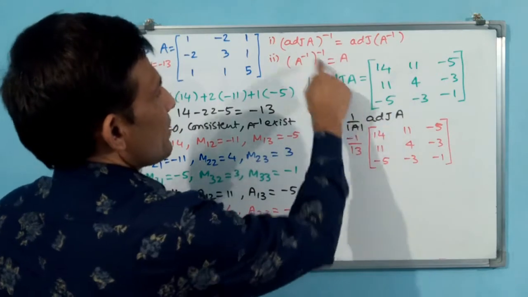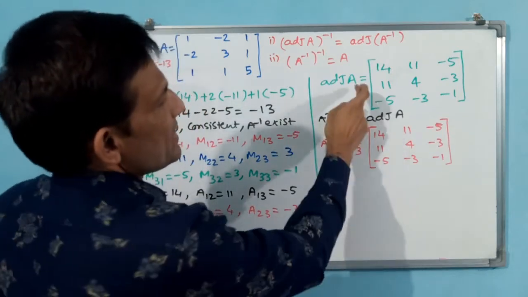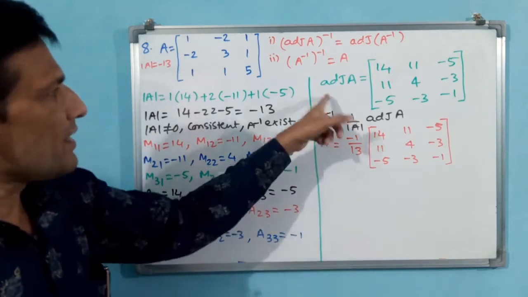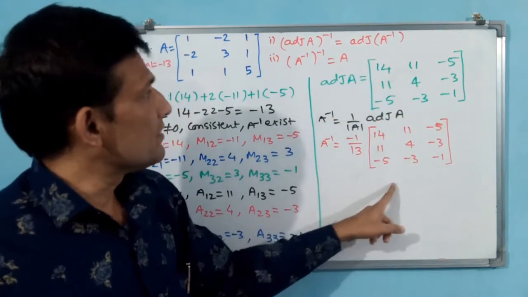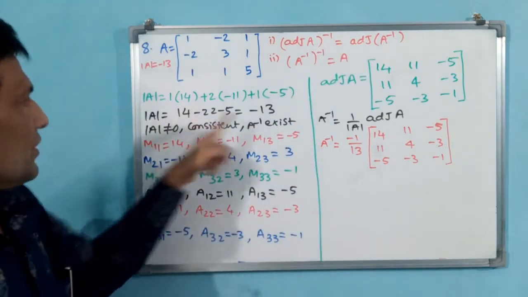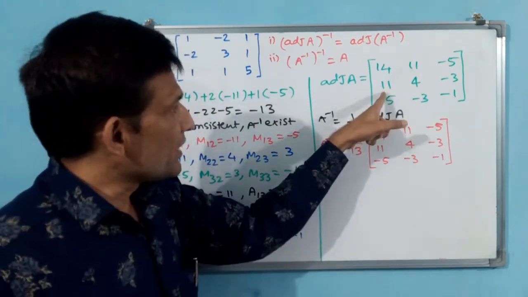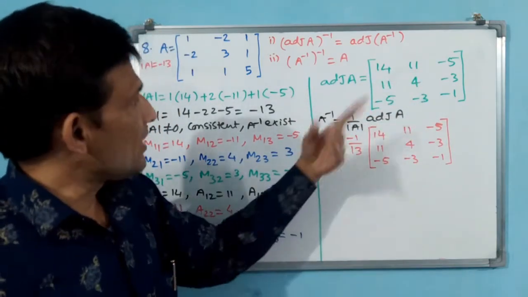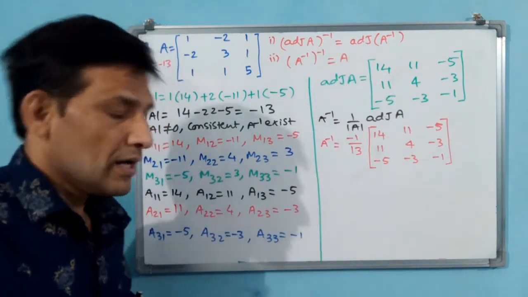A inverse we have got, because adjoint A we have found. But now adjoint A inverse we have to find. Adjoint A is this one. This inverse, how to find? Same procedure. Now take adjoint A as B or something like that in your mind. Again you find this determinant, because inverse means determinant is required. Find the determinant of this one, cofactors of this one, then adjoint of this one. After finding adjoint, then inverse of this one. Like that only, how to proceed.